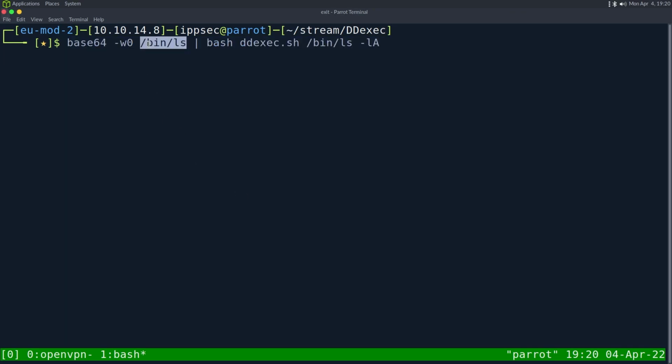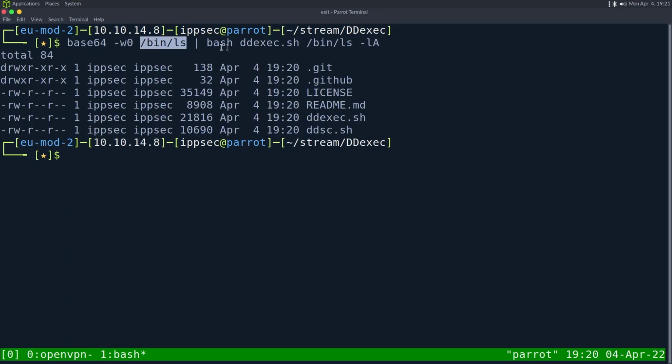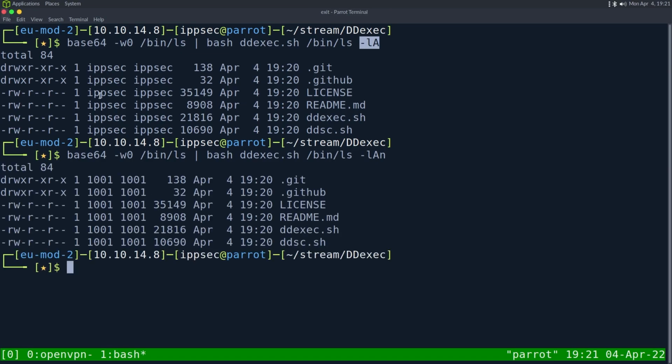and we see it's going to base64 encode bin ls, pipe it into DDExec, and then this is just sys.argv, and in Linux, the very first thing is going to be, I want to say file name, maybe process name, I don't know exactly what it's called, but this is what's going to show up if you look at the output of ps, and this is the argument. So we just did ls -la. I think if I add an n in, we can see slightly different things. Instead of my username, it's now the ID to prove